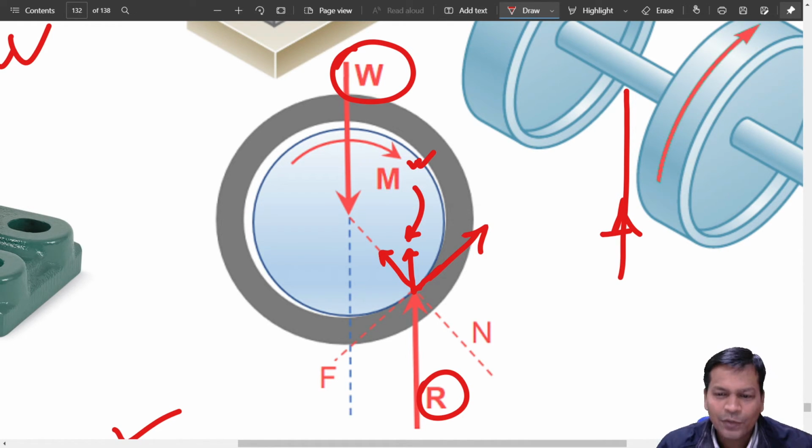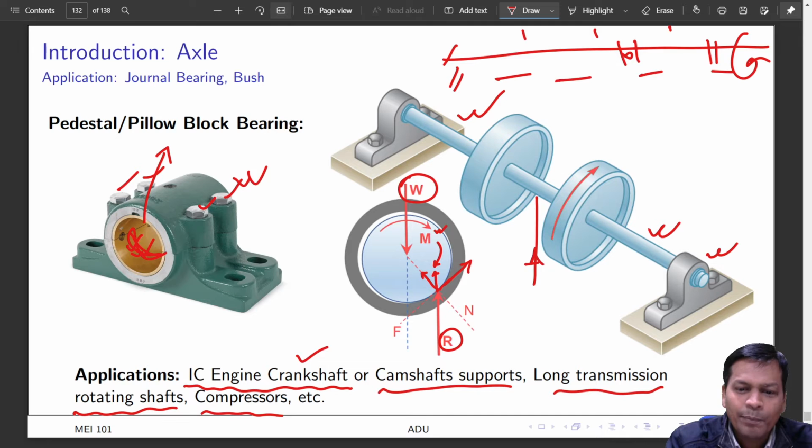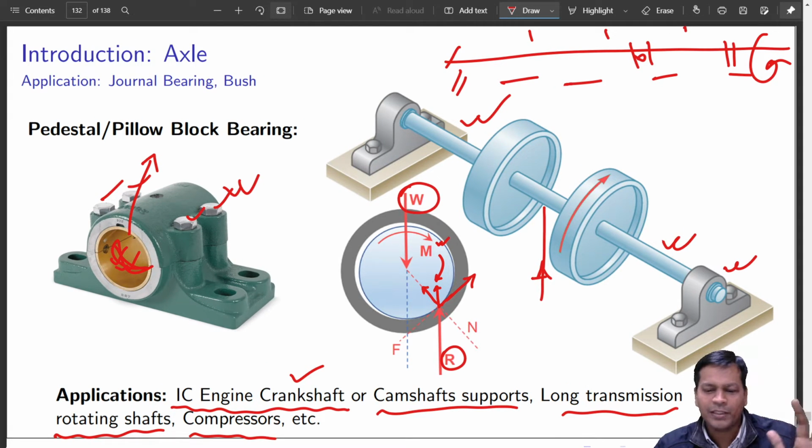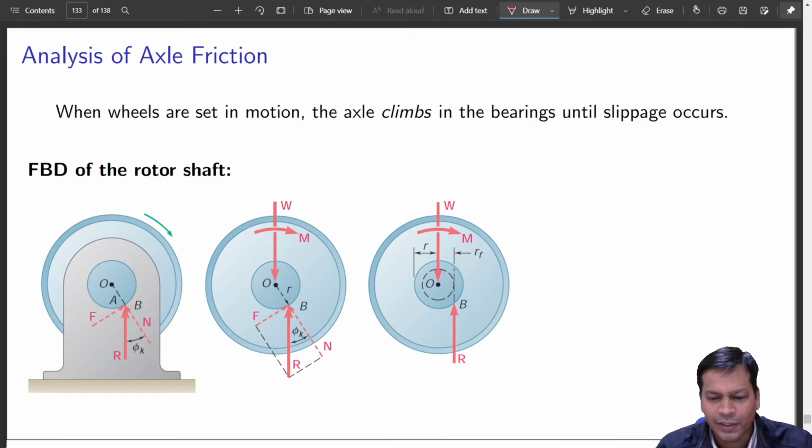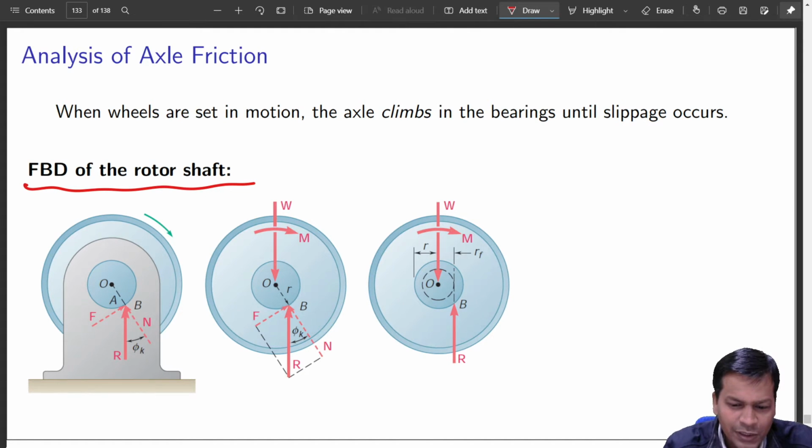Let us see what all forces are involved now, and how these forces can be balanced with horizontal and vertical balance. You know what I am going to do next. Now that you have understood this figure, how the mechanism is working, it is just the equations of moment and force balances. So that is what we'll do now and get everything. Now, in the free body diagram of the rotor itself, this is your kinetic friction, and again this is continuously rotating. There is a little bit of a twist now.